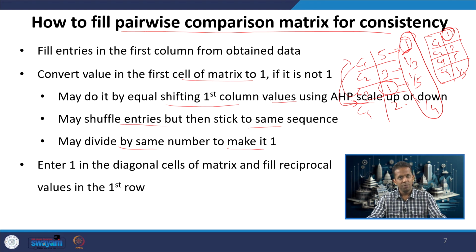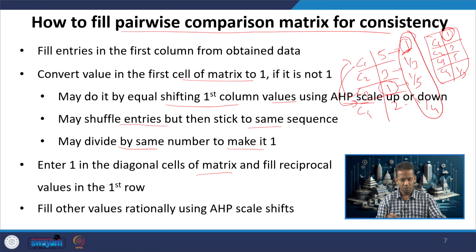Now, the next step is to enter 1 in the diagonal cells of the matrix and fill reciprocal values in the first row. That's similar to what we have been doing so far. Once you get this number as 1, you just enter the diagonal elements as 1, take the reciprocal values and enter the missing values using these AHP scale shifts. Using AHP scale shifting is rational, simple and easy to understand. So, preferably use this shifting of numbers using the AHP scale, so that you can fill all the values